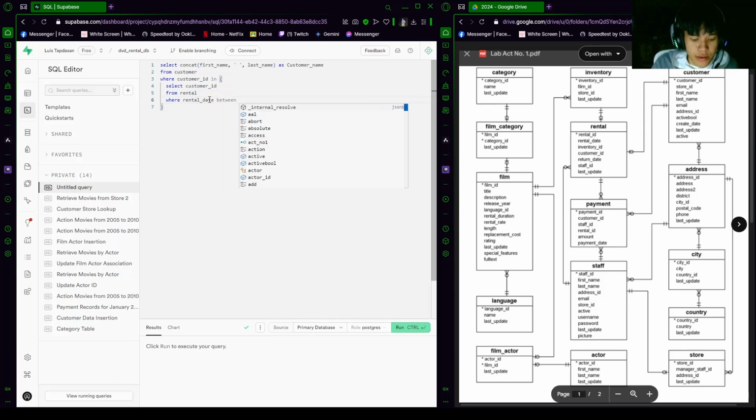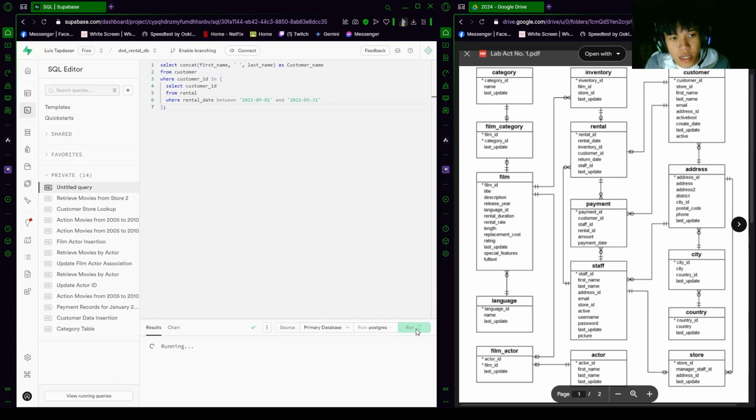between 2022, 2022 of May, and 2022 May 31. And after that, that's how this first problem is. So we're going to run the query,